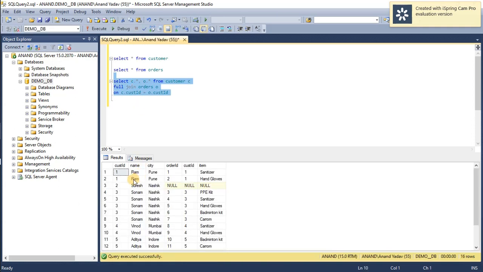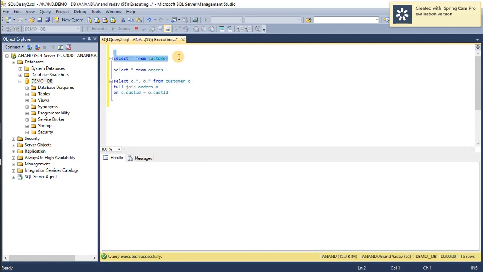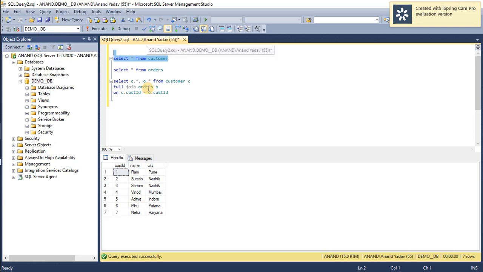You can see that 16 rows are returned with the help of this full join query. Let me fire this select query on customers. You can see that there are 7 records and the customer ID is unique: 1 2 3 4 5 6 7.